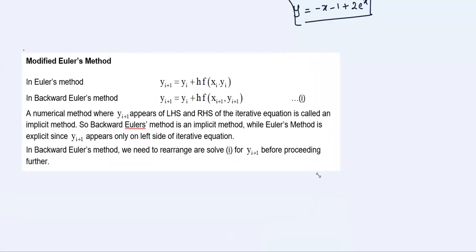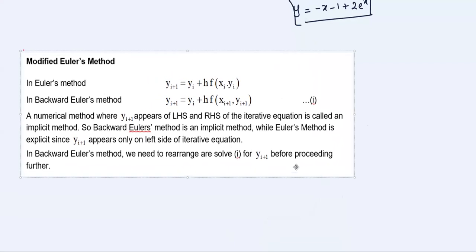See, the target of changing methods is that in fewer steps, I should get a more accurate result. I need not make this h very, very small. Without making this small, I should get an accurate result. So that is why all these different methods. So now in one step size,